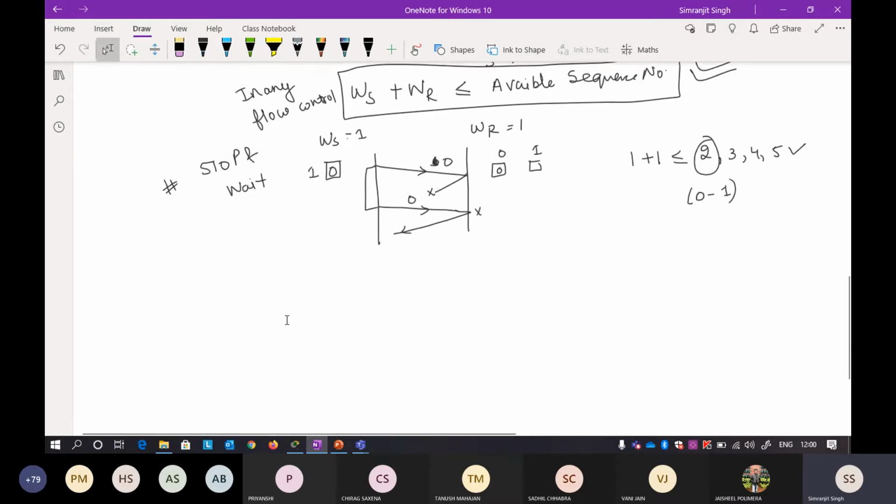So if I conclude this, suppose the sender window size and the receiver window size